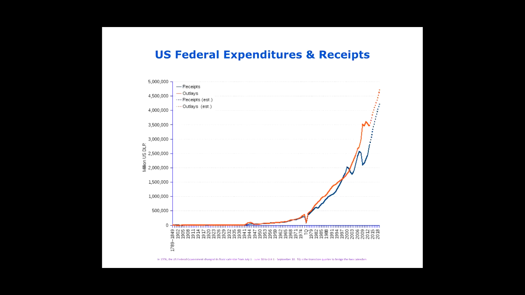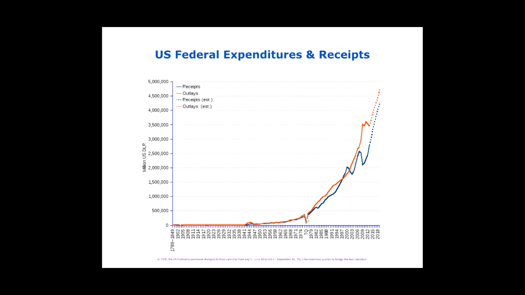We can look and see this has been going on for some time, but in the history of the country, it's somewhat of a relatively new phenomenon. If we go back to the beginning, the red and the blue line are really the same. We can see the red line being slightly larger than the blue line in the period of World War II, and then